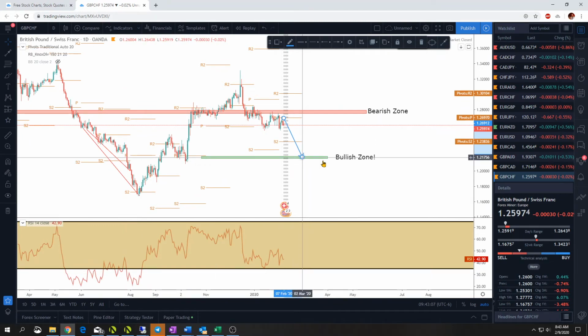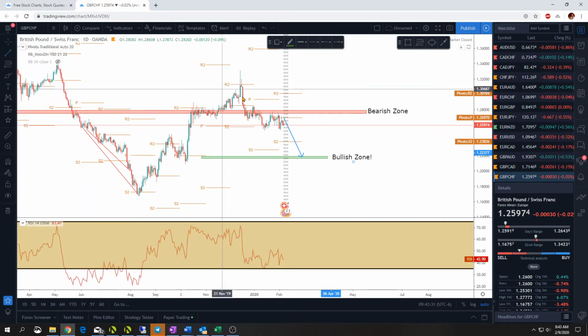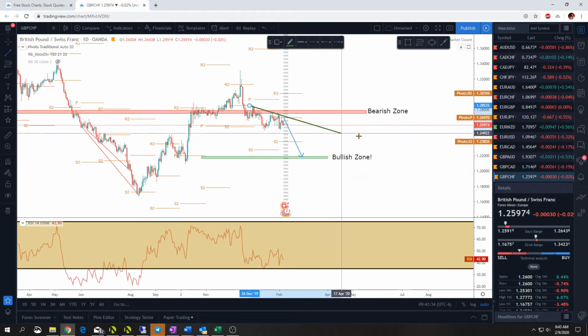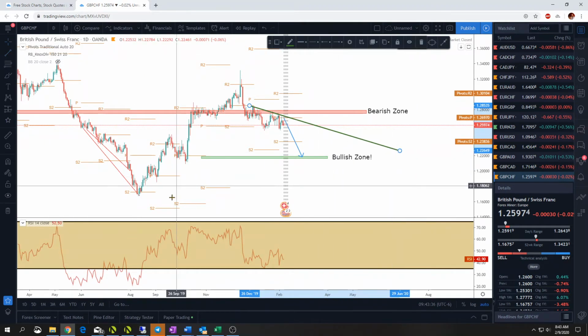Now, I'm being completely honest, I'm biased, I want this pair to drop. So I'm fighting that urge and trying to keep an open mind, but we did get a break of this support. We did get a retest. We have this double top scenario here the last 2 weeks, and it looks bearish. If we go to a smaller time frame, thought process here, you've got a downward trend happening. So I like this pair short,